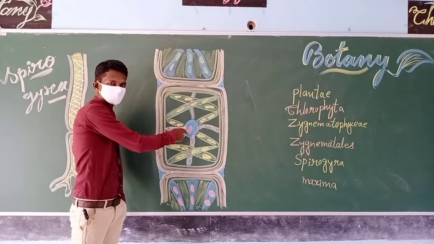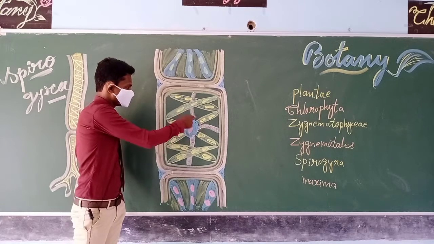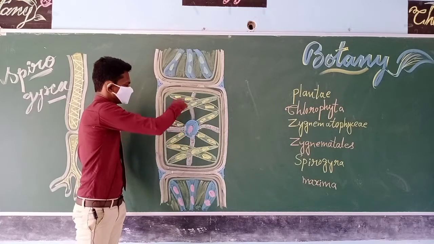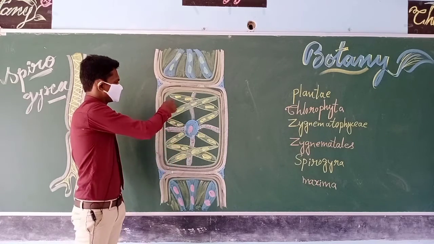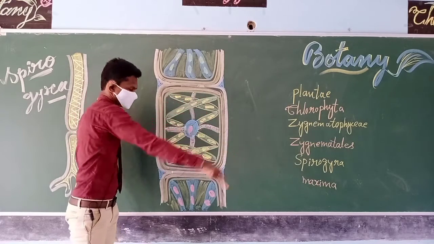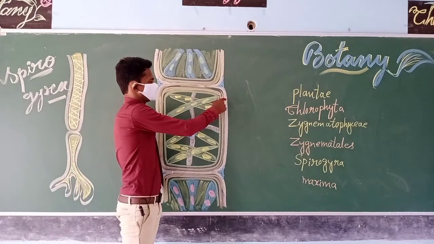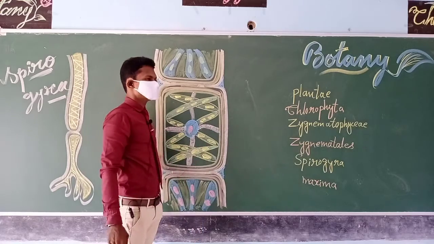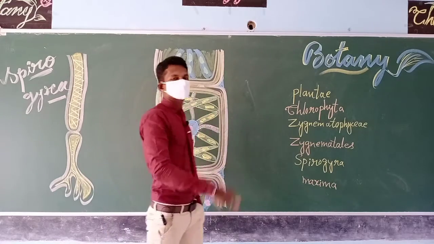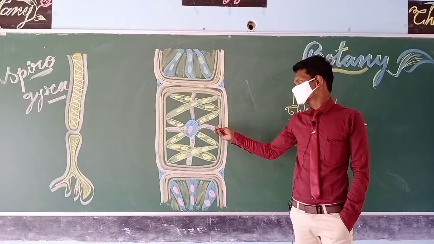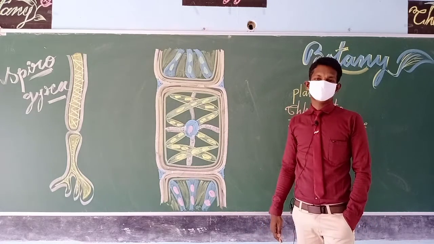Nucleus is at the center, cytoplasmic strands, and a huge vacuole in the center of the cytoplasm, and the cytoplasm is pushed peripherally. Double-walled structure, outer wall made by pectin, inner wall cellulose, and other characters. Hence, this is recognized or identified as